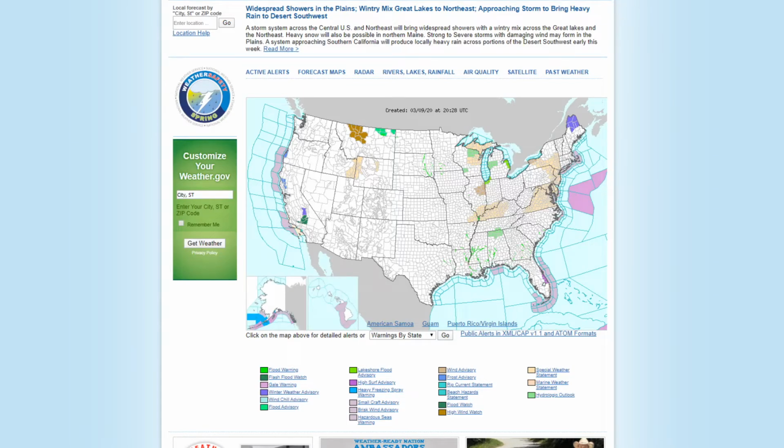Today we're going to be looking at the southwest storm, which is going to be impacting areas into Southern California and Nevada, as well as areas into Arizona, western New Mexico, and into southernmost Utah, with quite a bit of rainfall and a bit of mountain snow scattered here and there. We're going to be going over that, as well as my personal rainfall forecast at the end of the video,